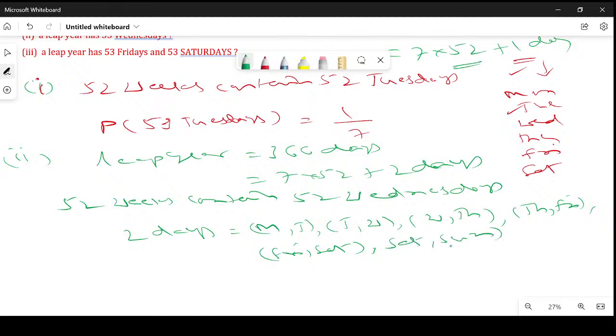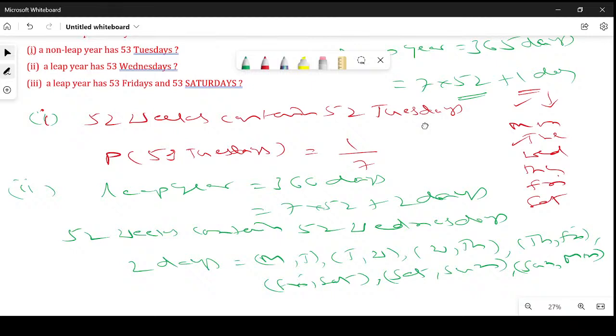Saturday, Sunday. Then Sunday, Monday. Total 7. These are the 7 outcomes for 2 days: Monday, Tuesday; Tuesday, Wednesday; Wednesday, Thursday; Thursday, Friday; Friday, Saturday; Saturday, Sunday; or Sunday, Monday. Total 7 possibilities. But in a leap year we are expecting 53